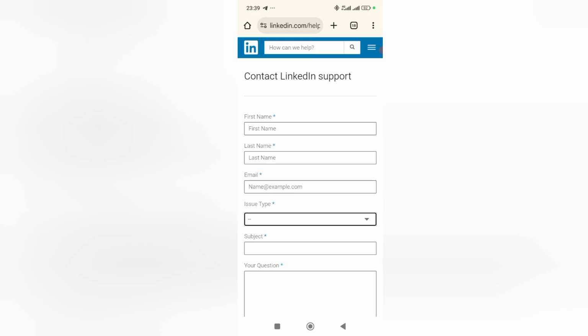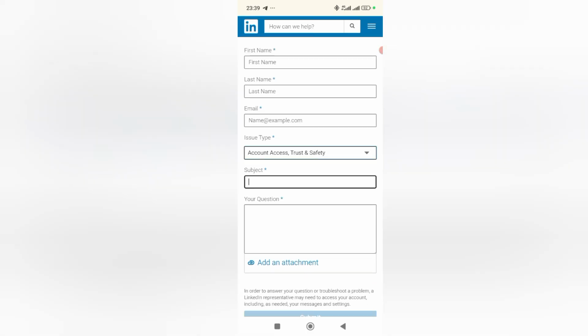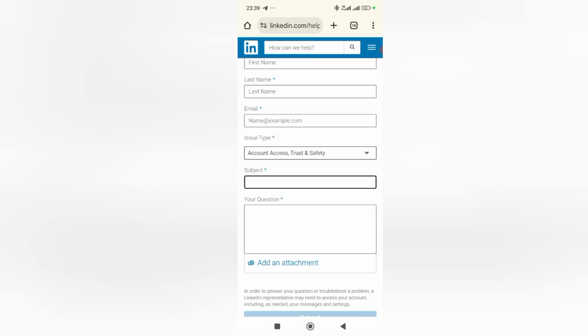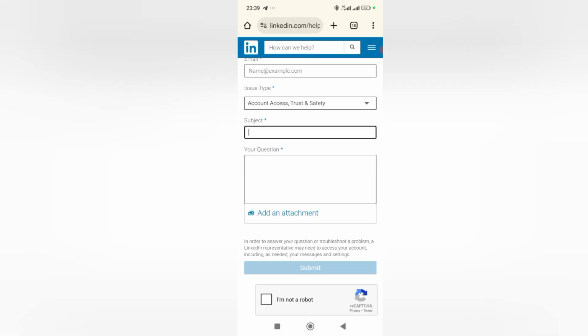First of all, you are going to put your original name here. You are going to put your last name here. You're going to put the email of your account here. For the type of issue, you are going to click account access. For the subject, you have to say you cannot verify your account. They're not giving you the space or opportunity to upload your ID, rather it keeps bringing up 'request already submitted'. Here, in the box to type your question, I already have a format which I'm also going to paste